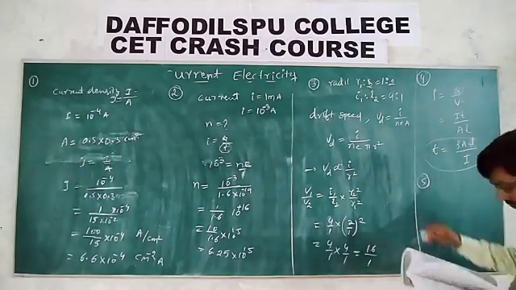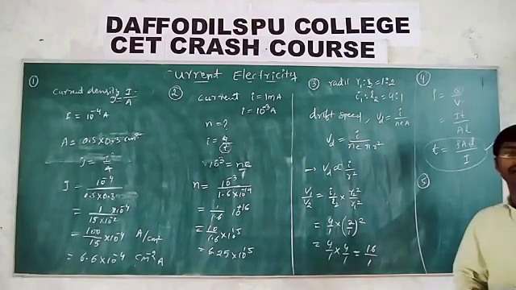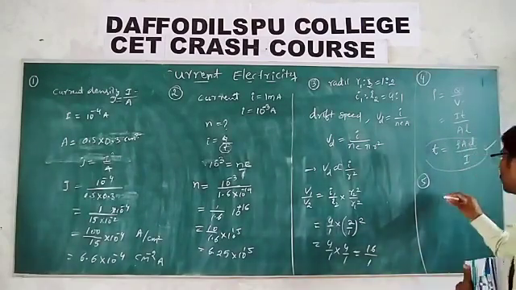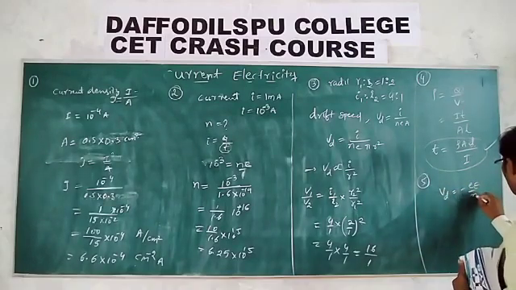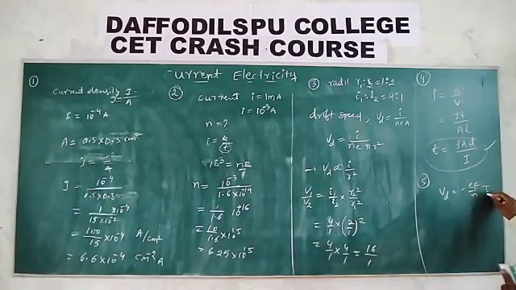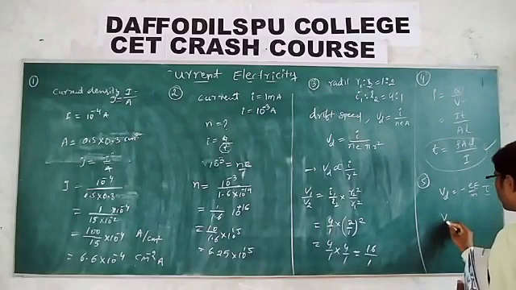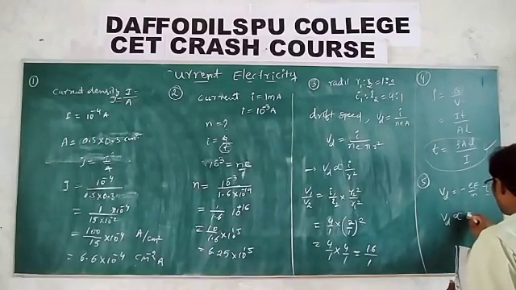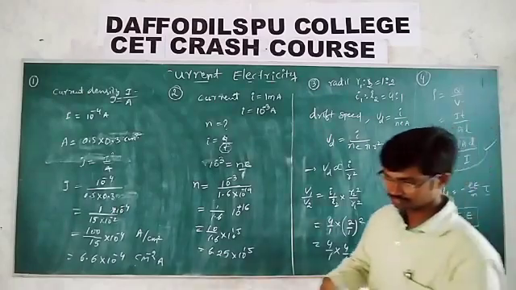So the fifth one. Drift velocity Vd varies with the intensity of electric field as per the relation. What is the intensity of the electric field in terms of the drift speed? We know that drift speed is equal to minus E by m into T. T represents relaxation time. The negative sign represents that drift speed is opposite to the electric field. Therefore, drift speed is directly proportional to the electric field. Vd is proportional to E.